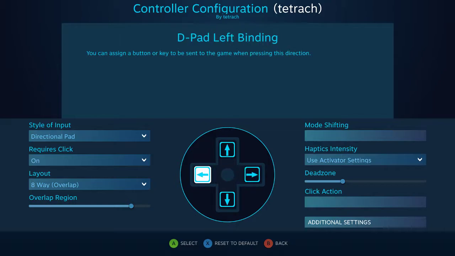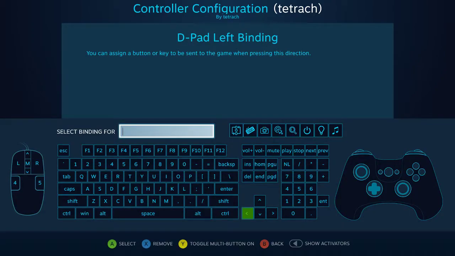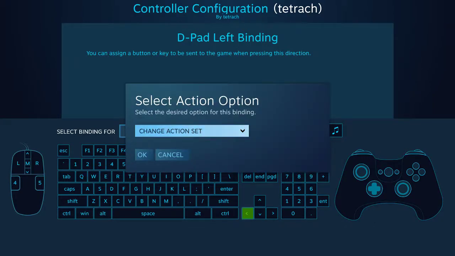So I could basically make each of these a mode shift, which will give me more options of switching to different utilities I might want to use. Let's say, for instance, I use this left. I'm going to tell it to switch to,